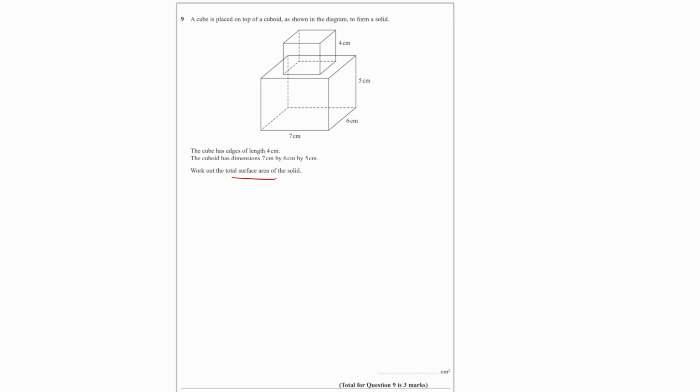So surface area. If we draw the net of the cuboid, I'm going to have sides of 6 and 5 alternating. So at the front it's 5, and 6, then 5, then 6, that's 7, and